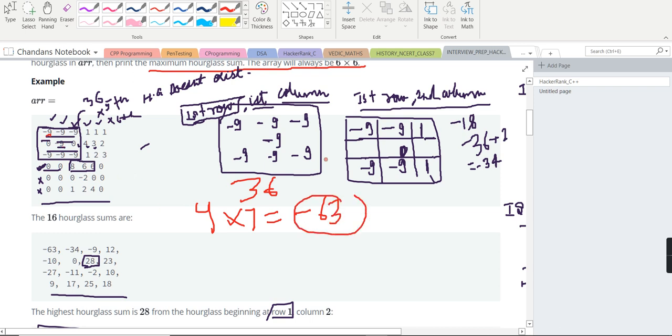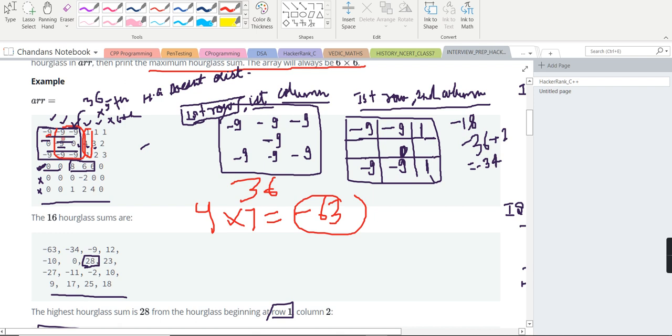Now again, likewise, we have to add here. Add this one. Understood? Now minus 9, minus 9, minus 9, minus 9, minus 9. This is 0. Because you have to conclude like this. So minus 9, minus 9, plus 1. Then 0 here.